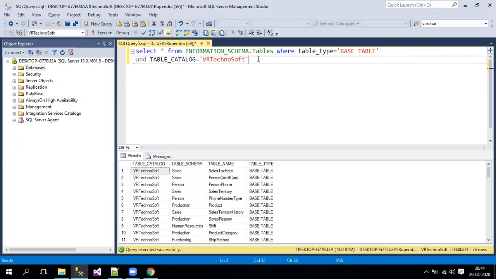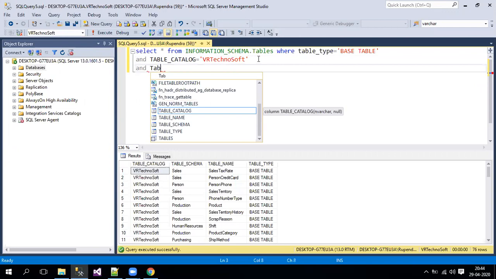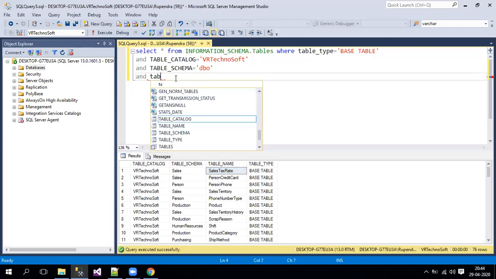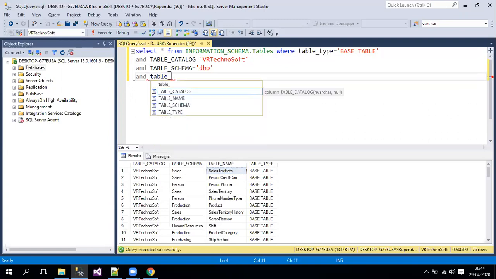And also let me consider table schema equals to, and again here I'll just mention DBO as of now, then later on we'll change this query into dynamic. And they're saying that these table names which contain those 4 keywords, we should consider all those table names. So for that, the condition we can write over here is table_name like, so we have to write multiple conditions here with OR condition.